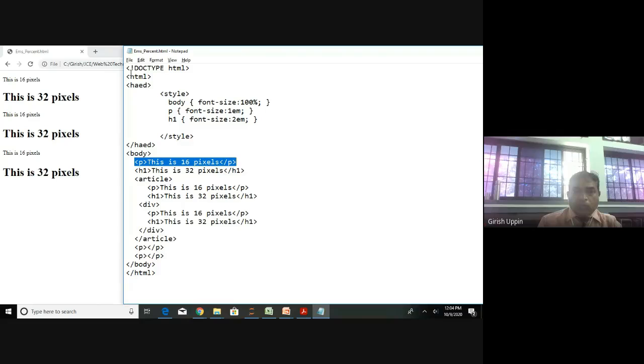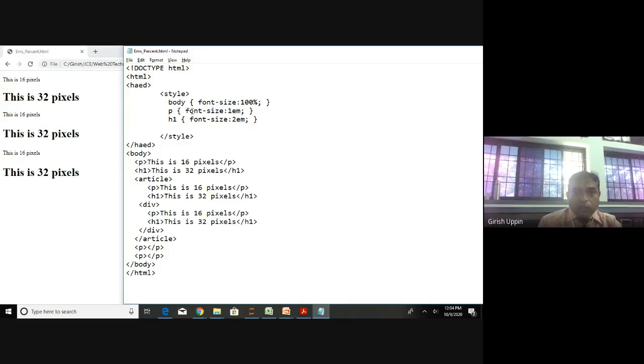By default it is 16 pixel, so body will take 16 pixel. So this 16 pixel is what is applied to this p,